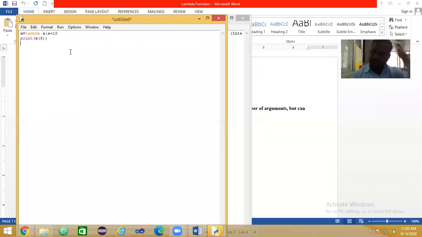Just see here. x is equal to lambda a colon a plus 10. Don't be confused. print of x of 5.